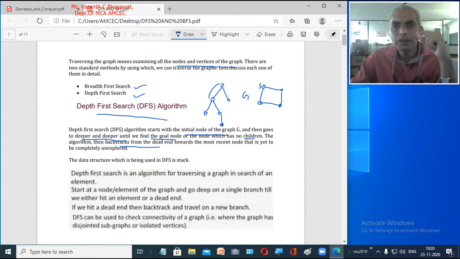Now this particular node has two children, the left side and the right side. Left side you went and you came to know it is a dead end. Further there is no way for you to go, and neither have you reached the goal. So you go back to this node, and from here you have another child which you have not visited. So you go into that particular node, and from this node you again traverse onward. By this time you have reached the goal node. So you can say that you have come to the end of your algorithm, where you have reached your goal node. This is how the DFS algorithm is going to work.